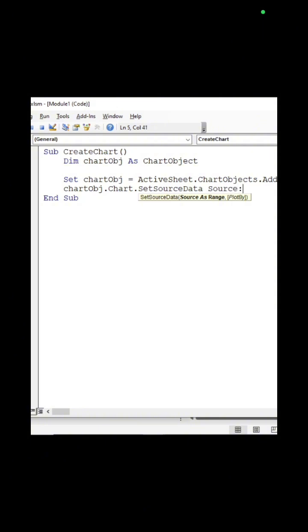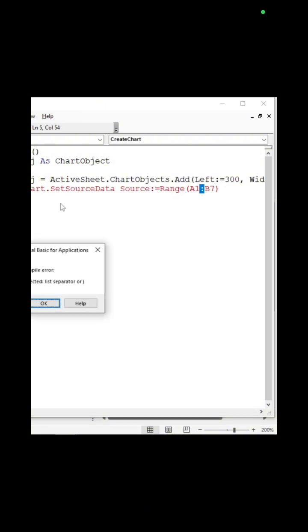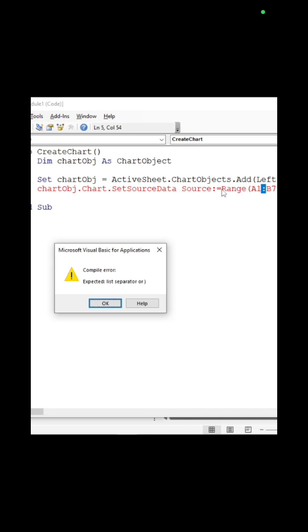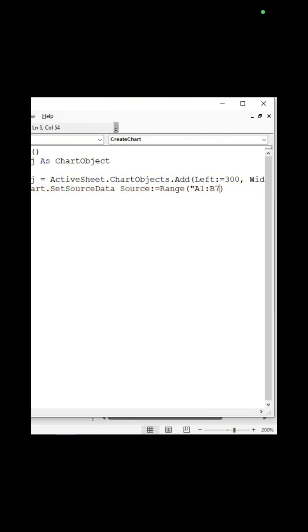Source colon equal sign, then Range. You know already the range. The range is for the sales, column A, so I'm going to say A1 colon B7. That would include the sales, column B. And I'm going to close it. Then ChartObj again. Okay, I forgot to put the quotation mark, so see. All right,